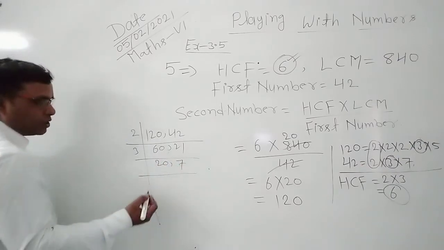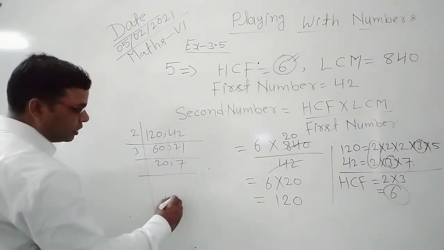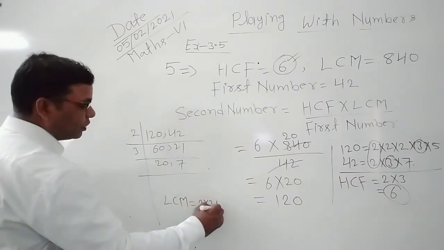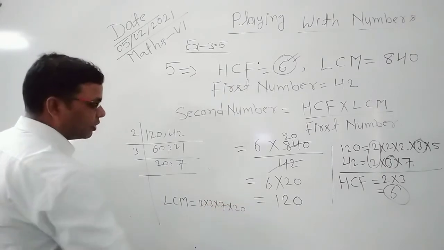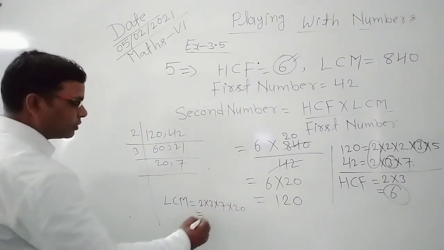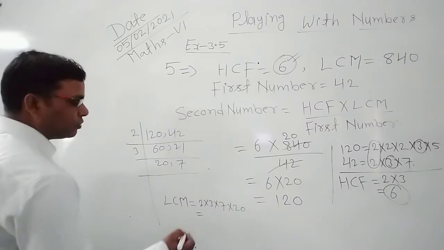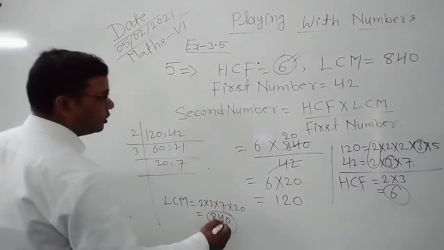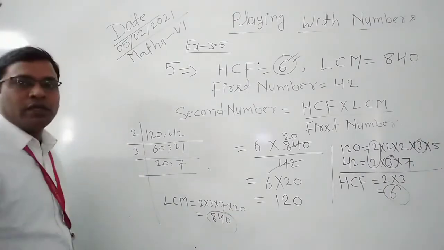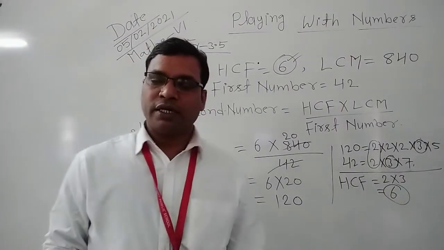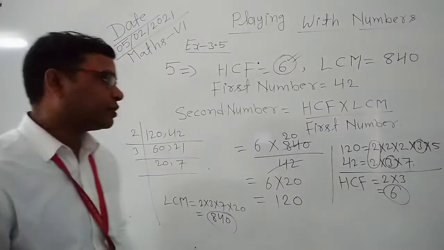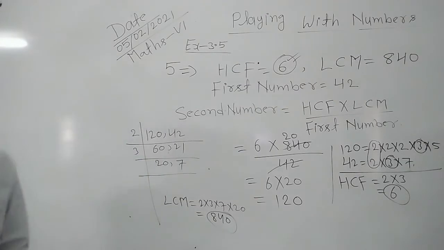So LCM is equal to what? LCM is equal to 2 into 3 into 7 into 20. This is equal to 840. Clear? So here we found this LCM. It means that our answer is right. This is clear. Now the second question, or you can say question number 6 of this exercise 3.5, chapter 3,